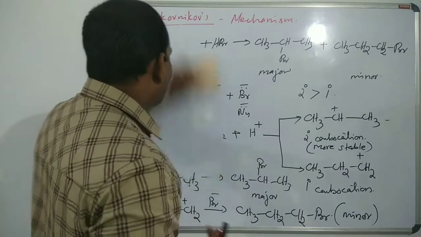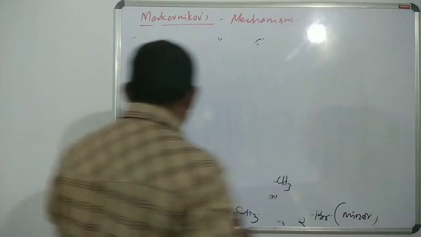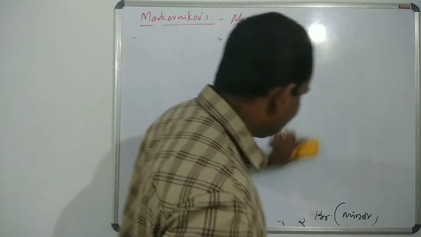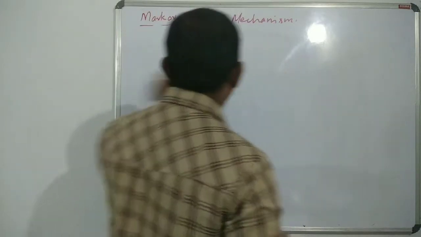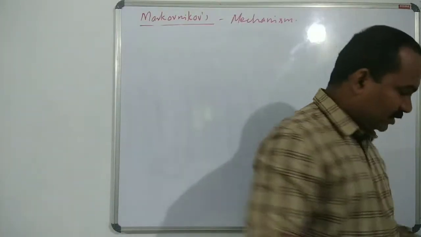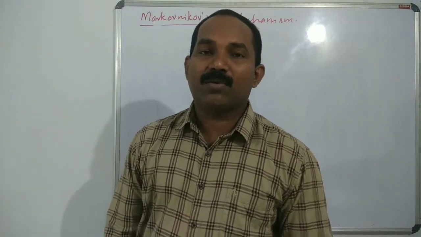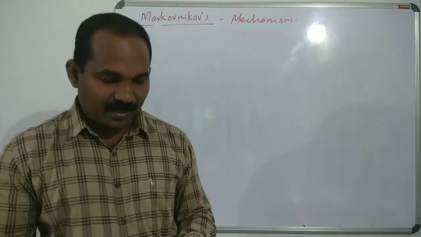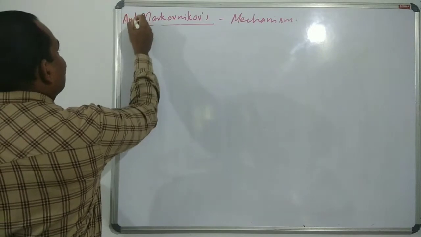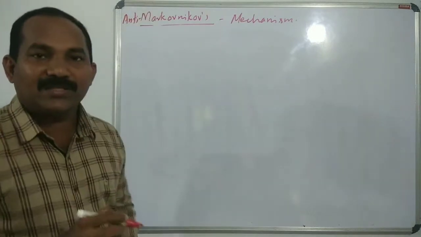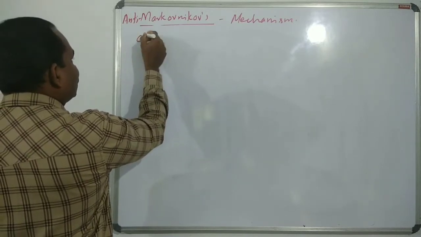In the case of anti-Markovnikov addition, the peroxide will create free radicals. That free radical addition takes place in the anti-Markovnikov addition. In that, we use an organic peroxide,